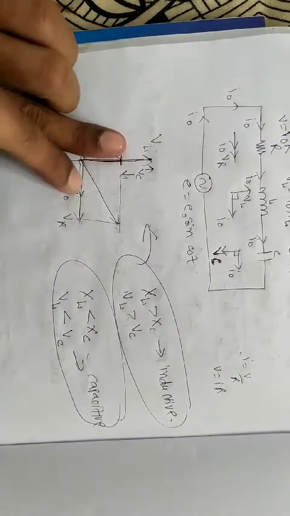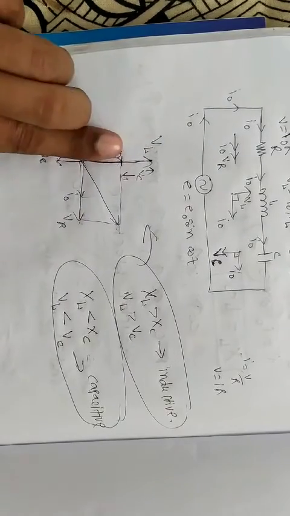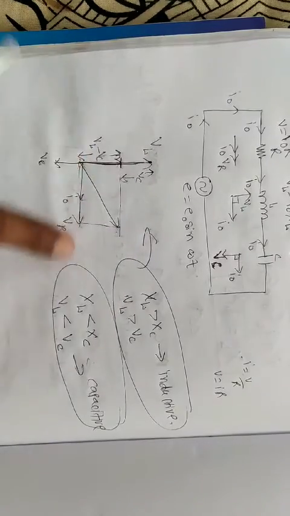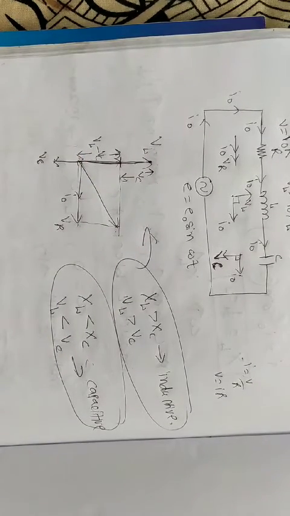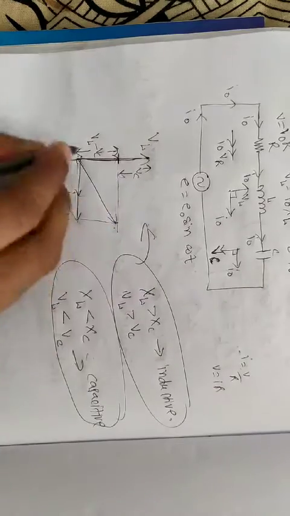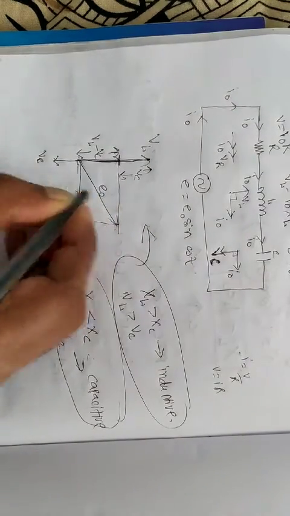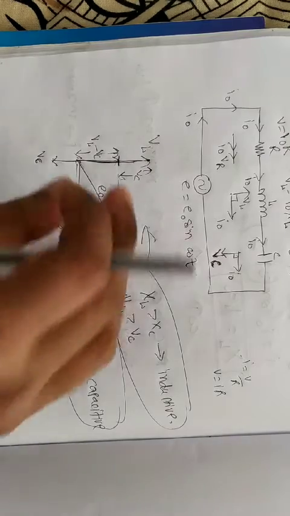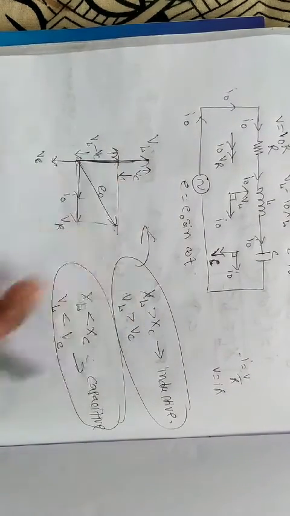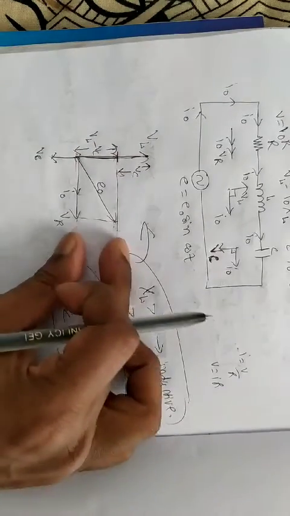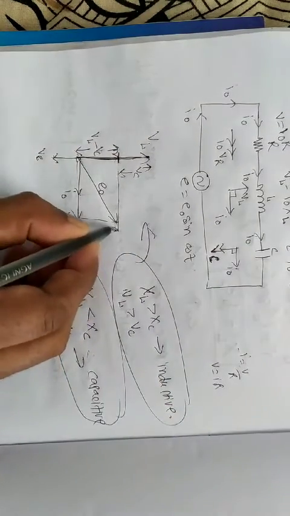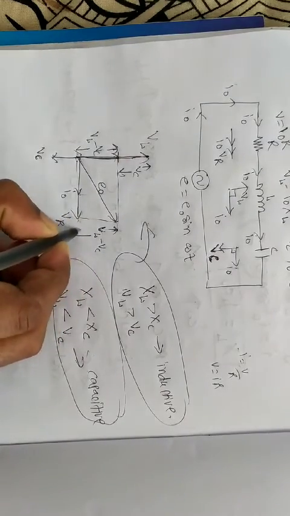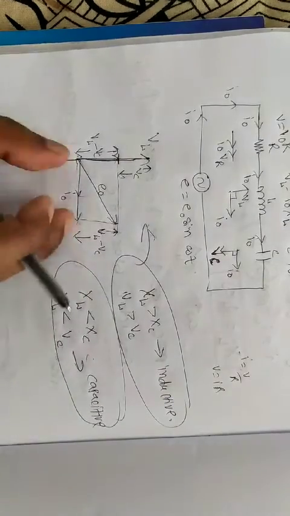So this resultant and this resultant. For example, suppose this is also a force, this is also a force. So what will be the resultant force? In this direction. So this voltage and this voltage, their resultant will come in this direction. Let's say that their resultant will be E naught. If this length is VL minus VC, this length is also VL minus VC. Clear? This will be VR.